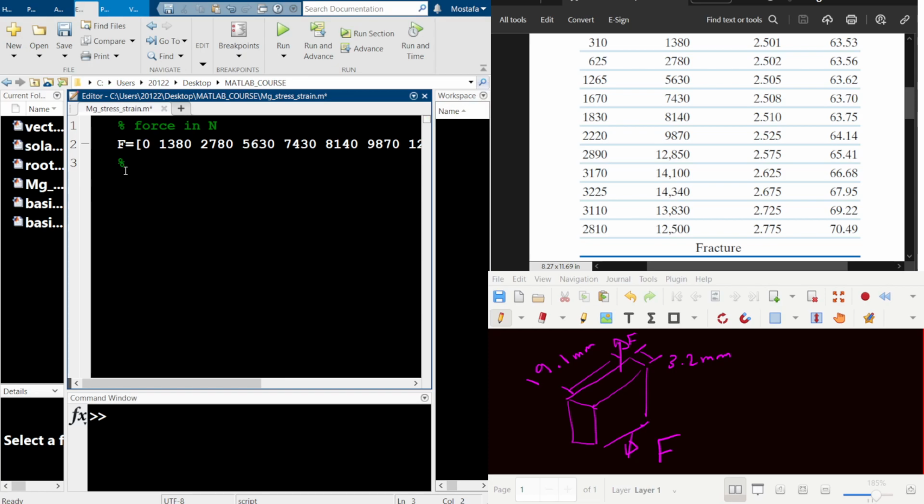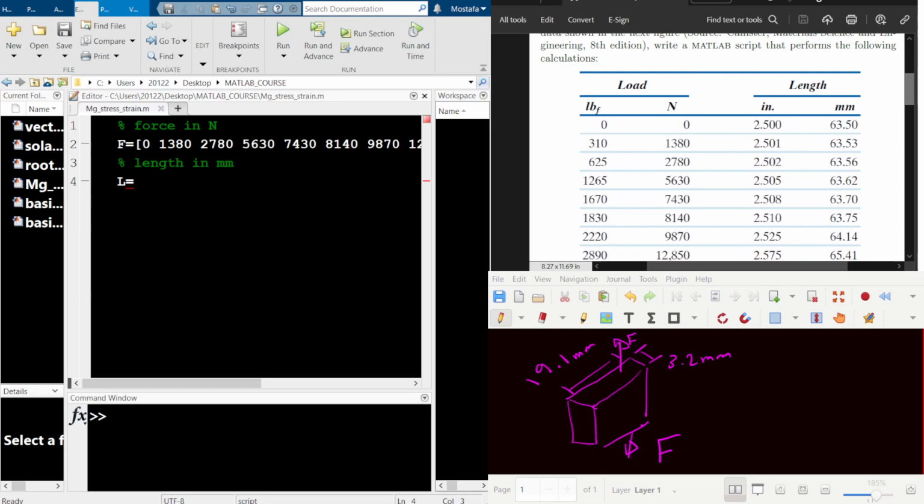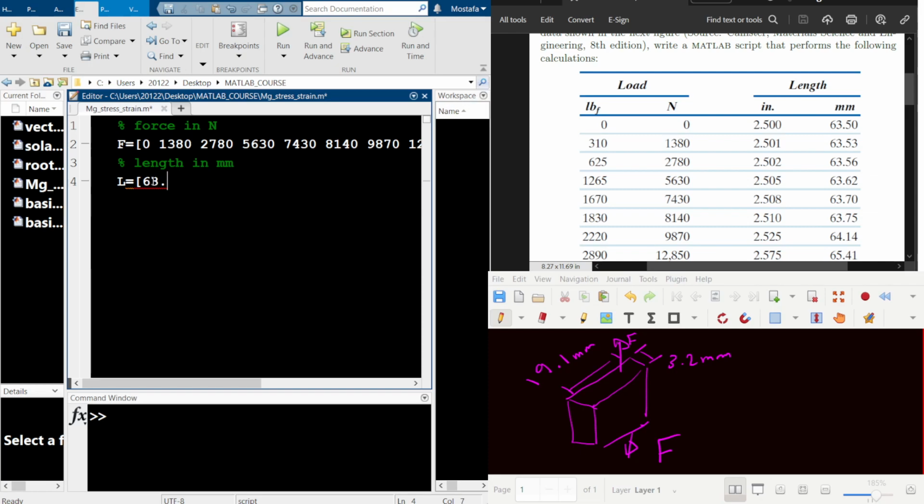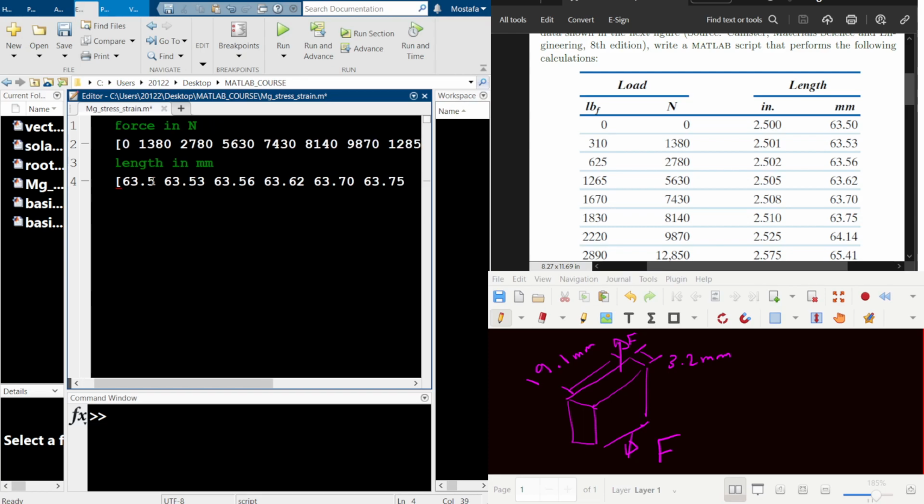Similarly, I will create an array for the length, length in millimeter. I will call it array capital L. I will use it in millimeters and then I will convert it into meters using array operations: 63.5, 63.53, 63.56, 63.62, 63.70, 63.75, and then 64.14,